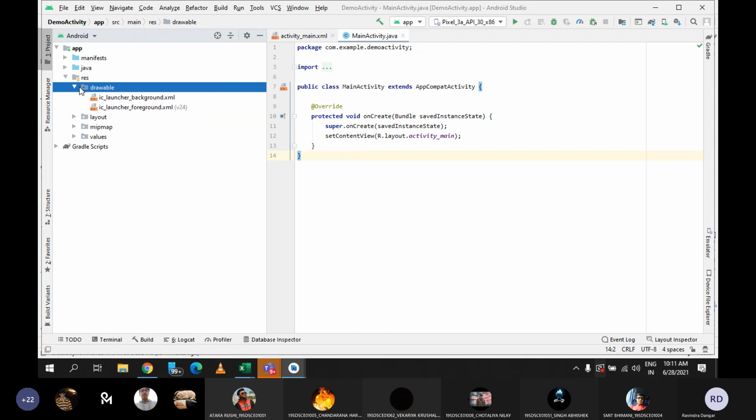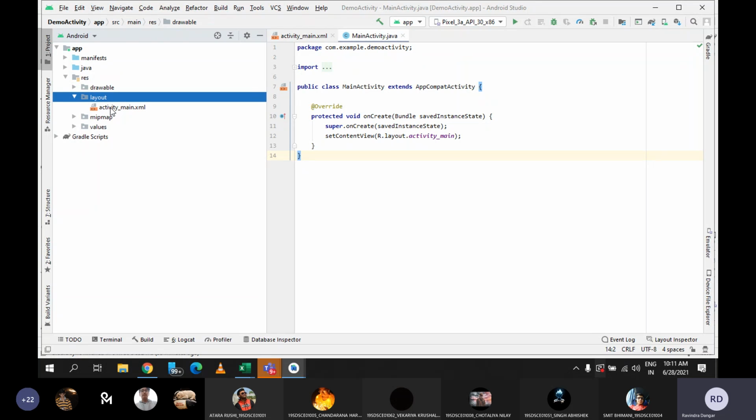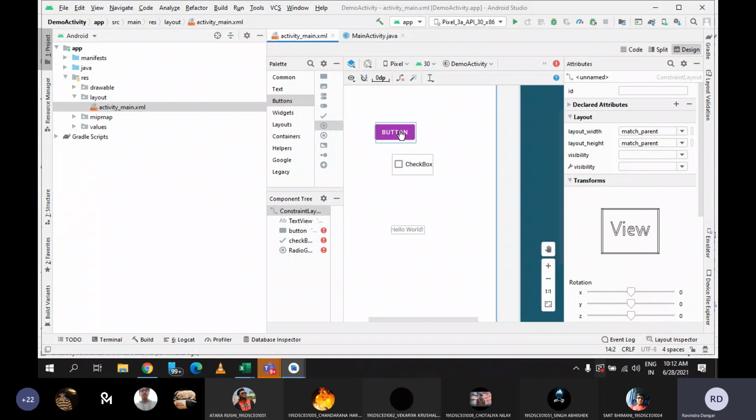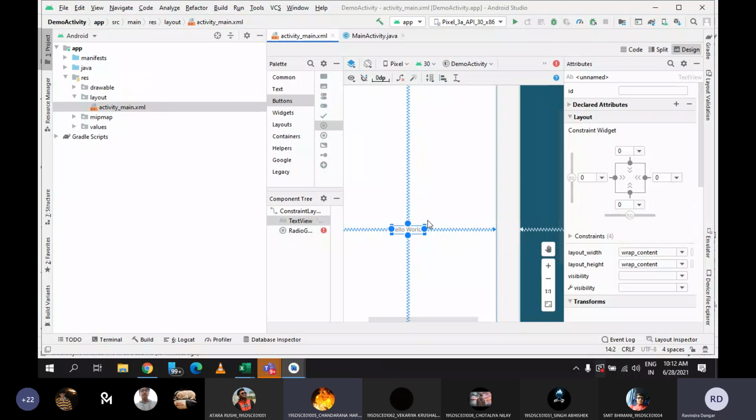So that image will be pasted here and you can use it in your application. That's it. Then the second folder is layout. See, as I said, layout folder is having more number of XML files, and while building any of the Android applications, for designing purpose, we are going to use the XML files. So whatever design you want to design for your application, you need to create more number of XML files in your layout folder. By default, as of now, it is having one file which is activity_main.xml, and this is your default file. By default, there is only one text box. Just remove everything. See, by default, there is one text view. Hello world.